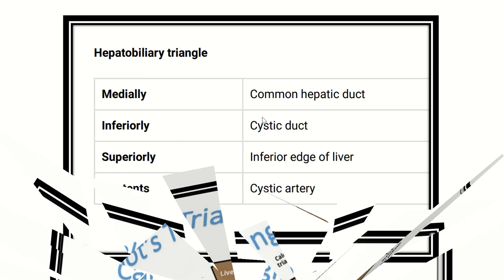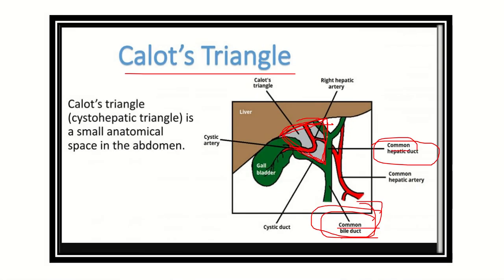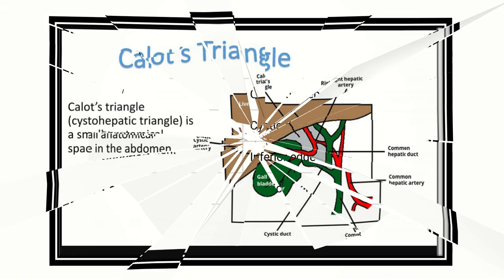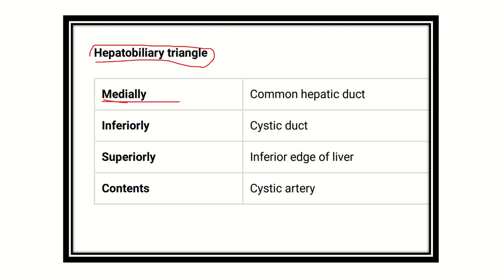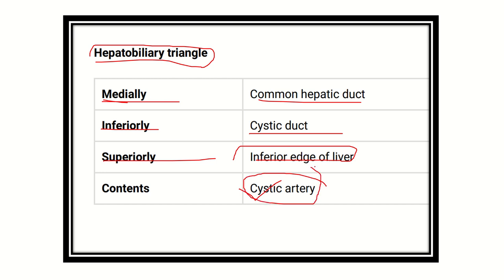First of all, medially, in this picture here, we can see some structure lies this side, which is medially, and this is inferiorly or laterally, then here, this is the superiorly. So these three boundaries we have to remember very carefully. So first of all, medially or left side, it is by the common hepatic duct. Inferiorly, it is by the cystic duct, and superiorly by the inferior edge of the liver, and its most important content is the cystic artery. There are some other important structures also, but the cystic artery is the most important content of the hepatobiliary triangle